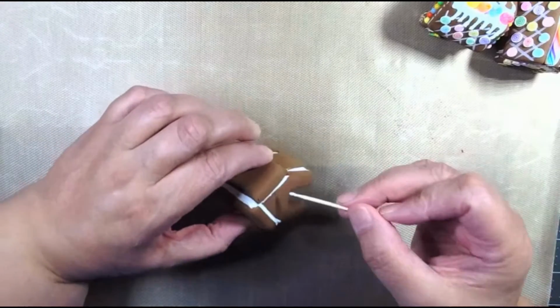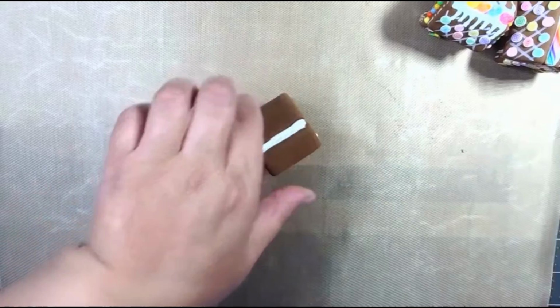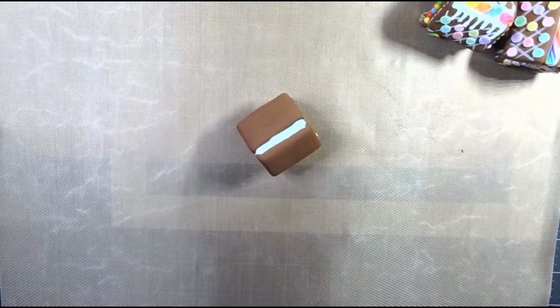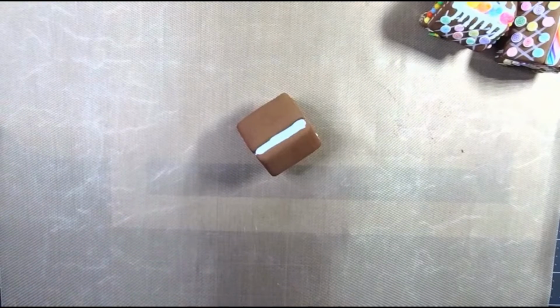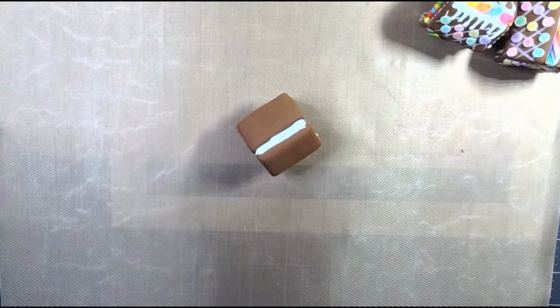Then you don't have to. It don't need to be perfect. I'm gonna leave it alone. As a matter of fact, I'm going to leave it alone. So now, I don't know what I want to put. If I want to put, so now these